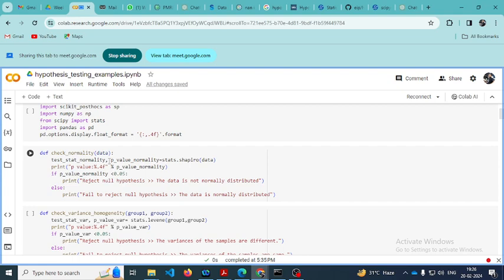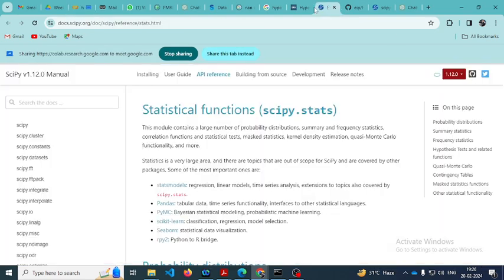For checking this one, you are going to consider stats.shapiro. Shapiro is a kind of probability testing of data. If you want to, you just call this Shapiro on the data. It will evaluate the p-value for normality. Okay, if you want to know more about this Shapiro, you go to